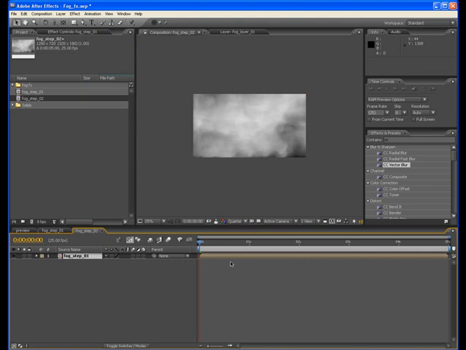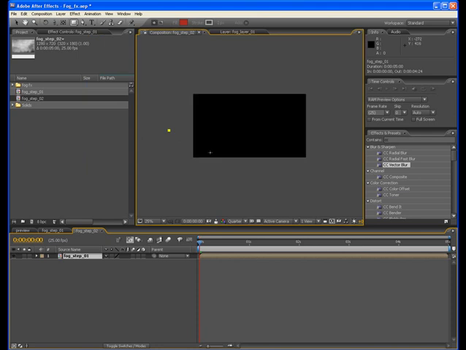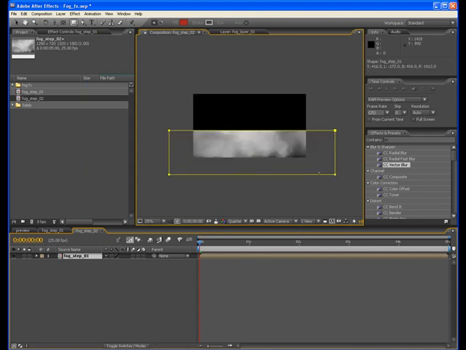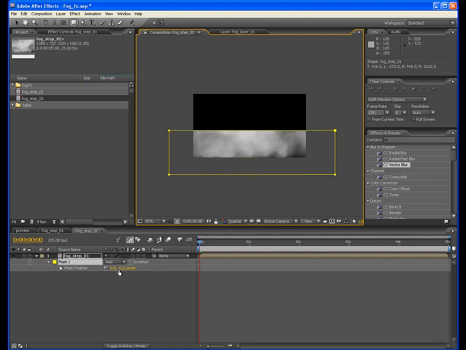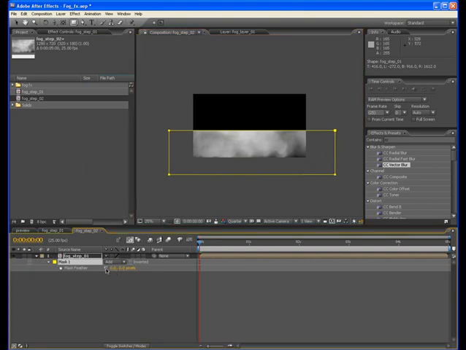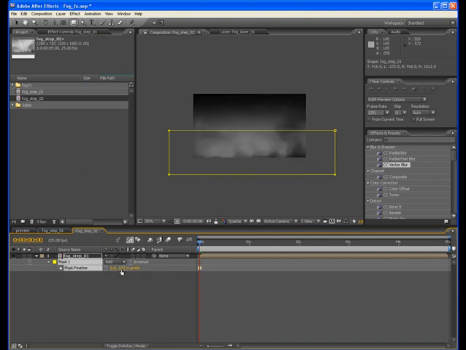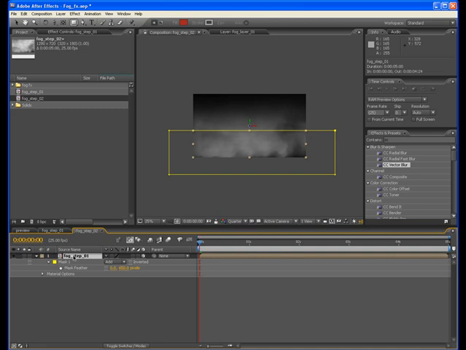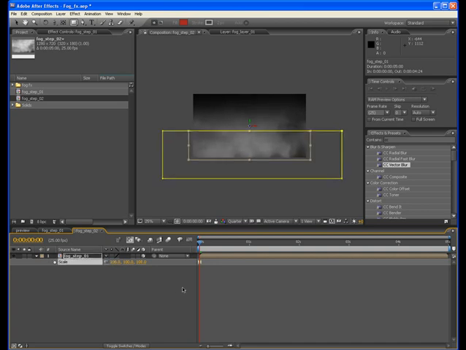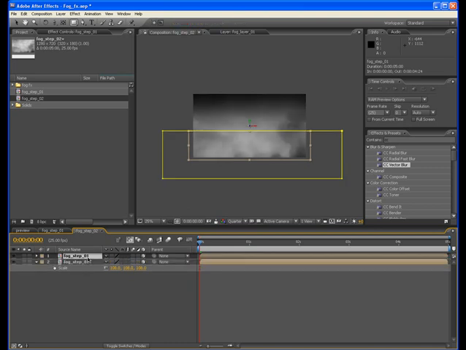Okay, so here what we do is mask the bottom layer, and let's say we only need it on our y-axis, and let's say this has a feather of 650. Okay, and next thing, also make this a 3D layer. Okay, I think we have some black clipping going on, so what we can do is scale it a bit. Okay, so that is okay, and also duplicate it one more time, and let's